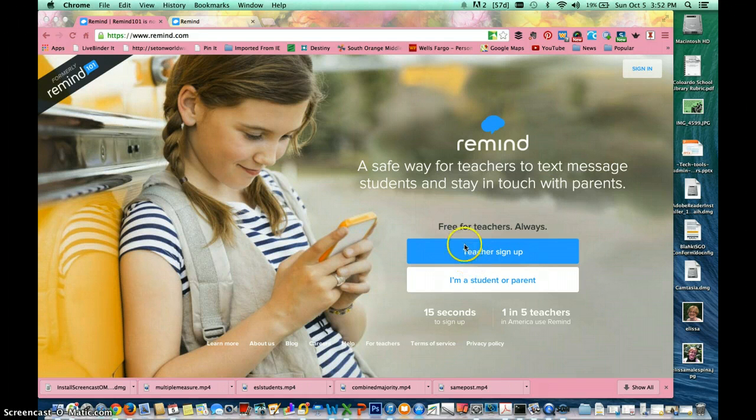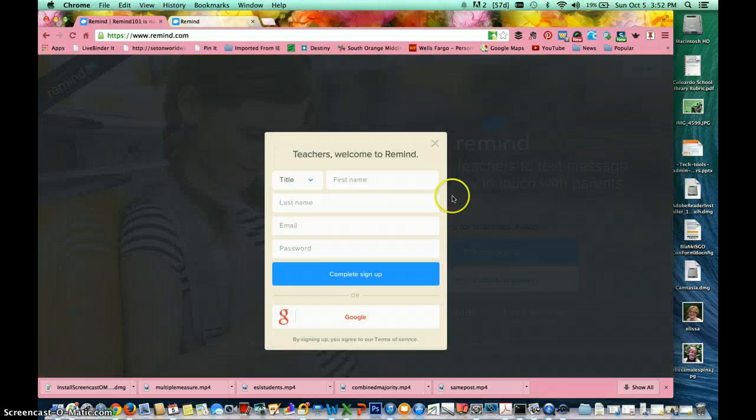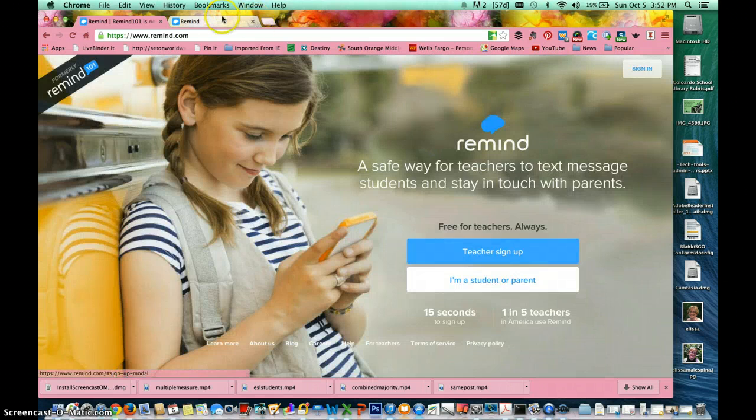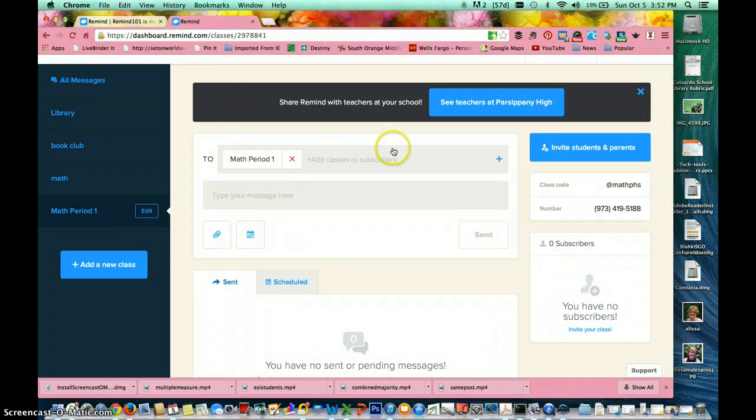So all you need to do is hit teacher sign up. When you do that, a screen's going to come up that's going to allow you to put your title, your first name, your last name, your email, and password. That's all you need to do. Once you do that, something like this is going to come up. It's going to ask you to see if you can save your school, you can add a school, but then